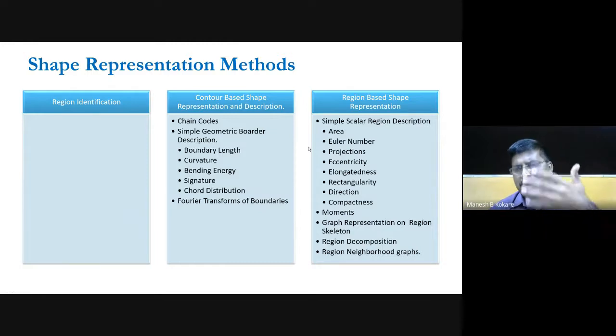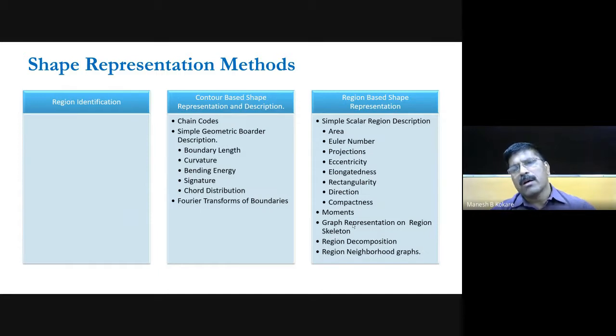Then you can find the eccentricity, elongatedness, rectangularity, direction, and compactness. These are the scalar features which are extracted from the region of the object. Also from the region you can extract the moments, like M0 to M7.